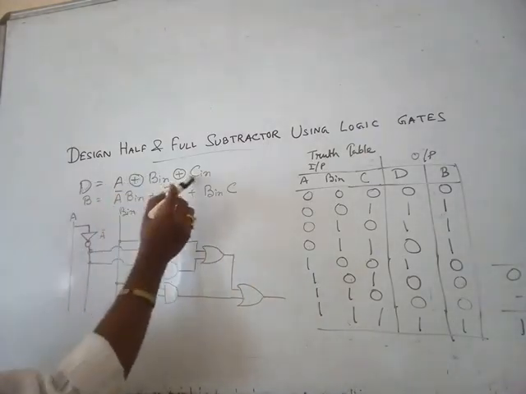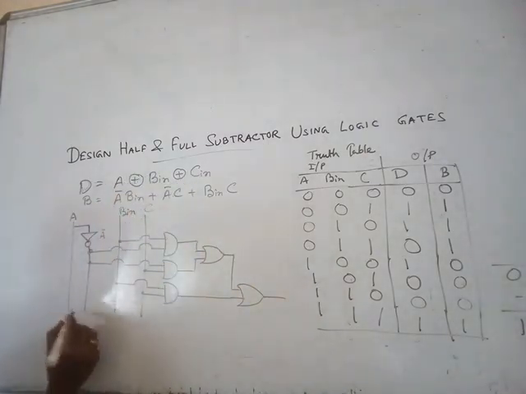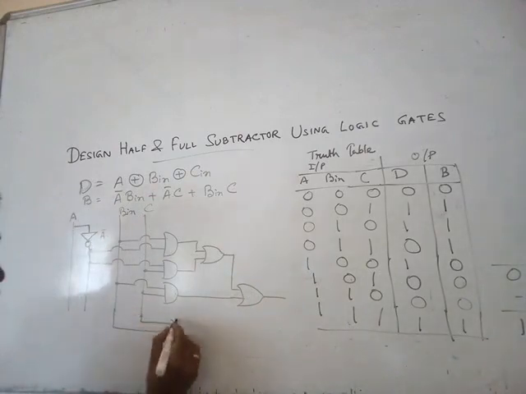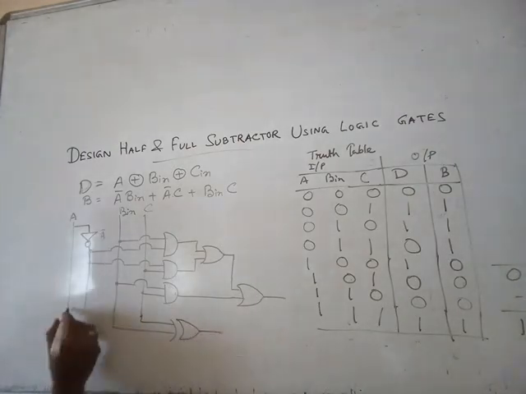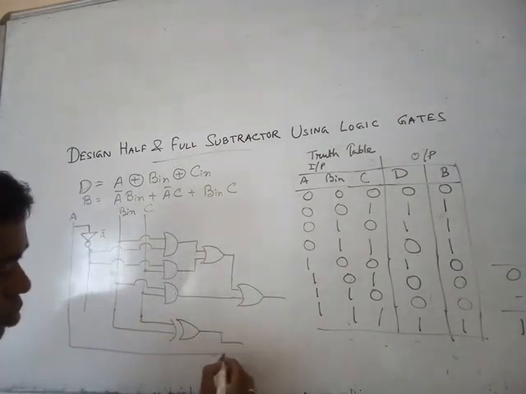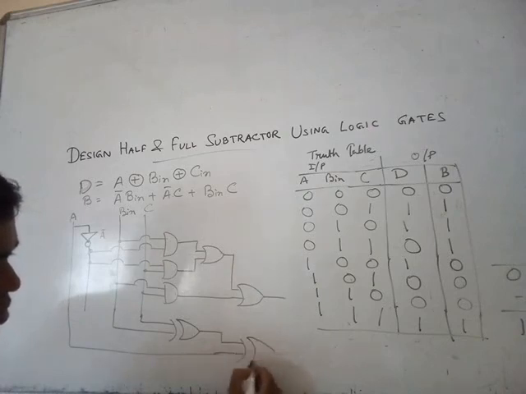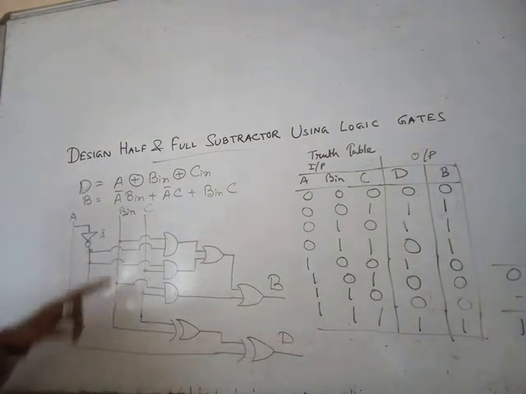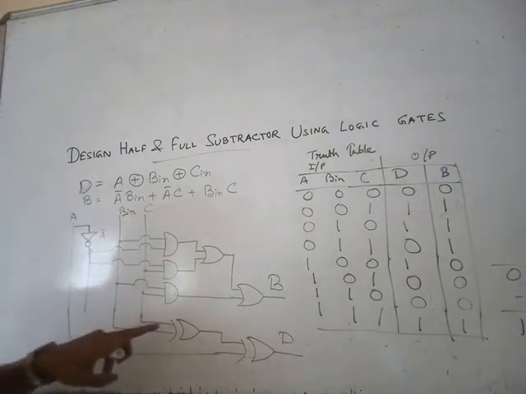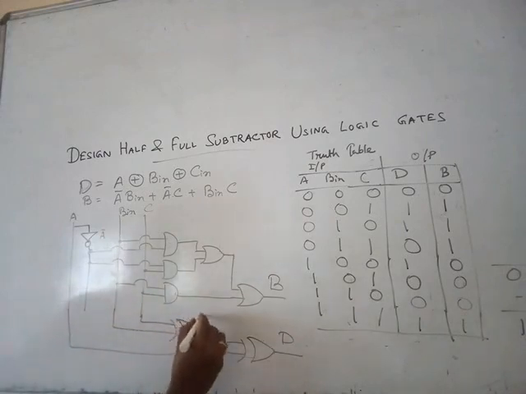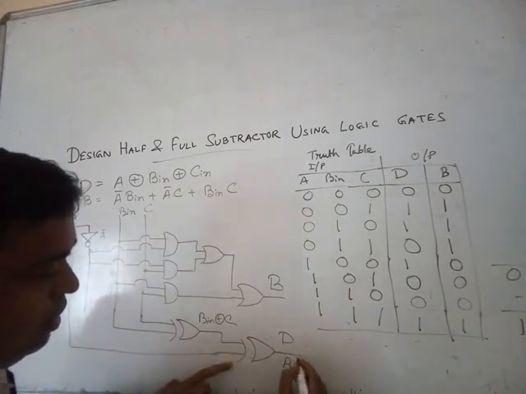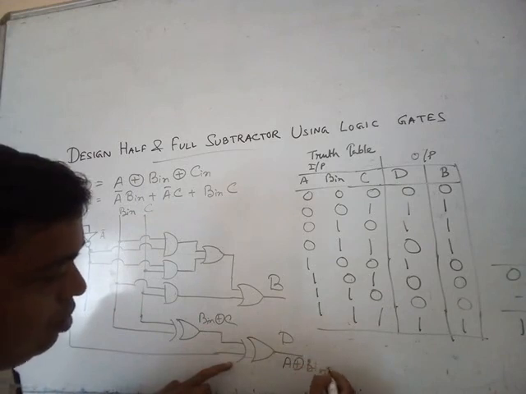Next, this for exclusive OR. So A, this is C bar, C, this is B, both going to exclusive OR gate, and the output of this going to next. So this is B and this is D. B in C go to here, we get the output B exclusive OR C, then A added to this gate, then we get output A exclusive OR B exclusive OR C.